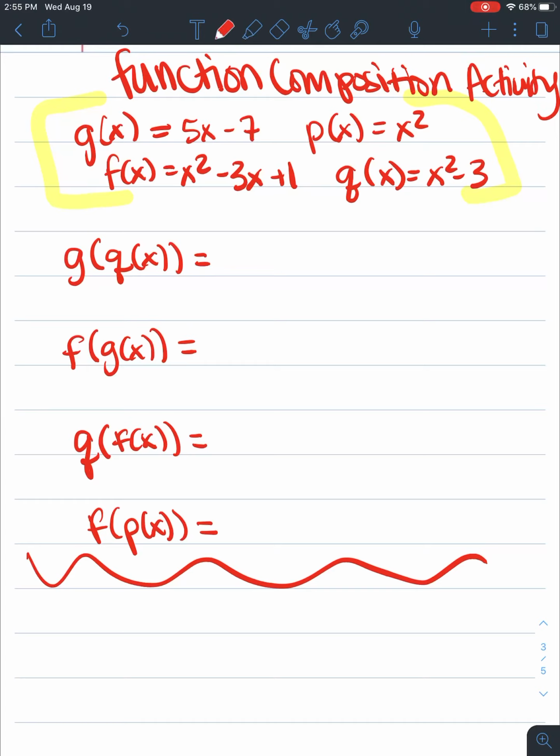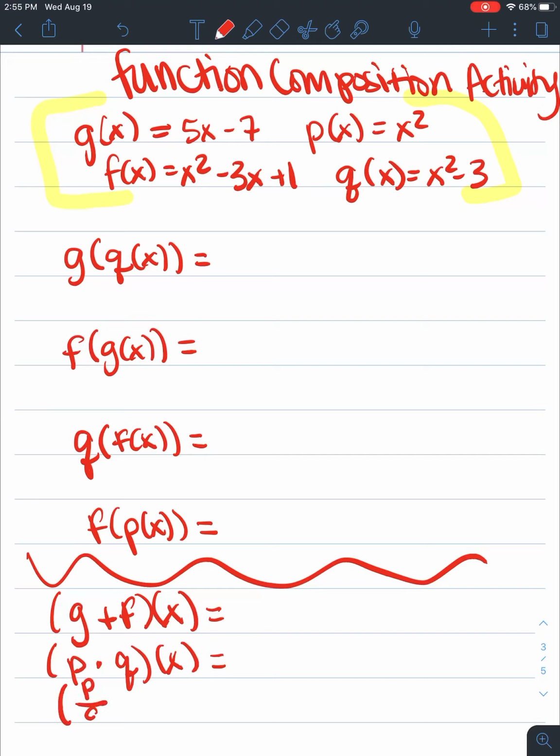So we're going to use these 4 functions again, and I want you to do g plus f of x, p times q of x, and let's do p divided by g of x. Let's start with those 3. So take a picture, do these 3, take a picture of them, and